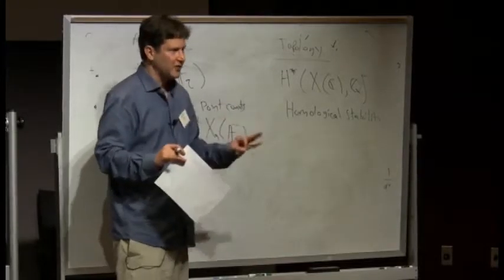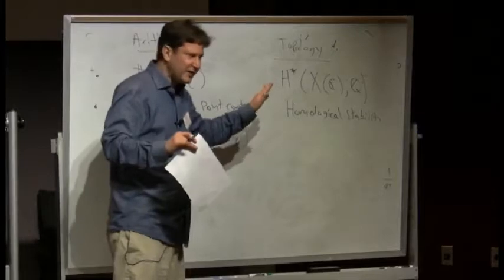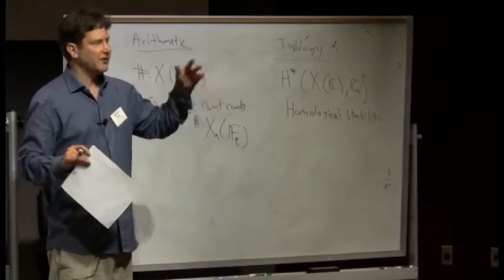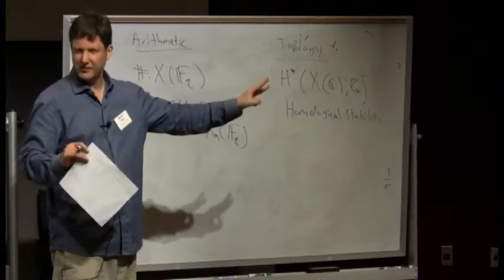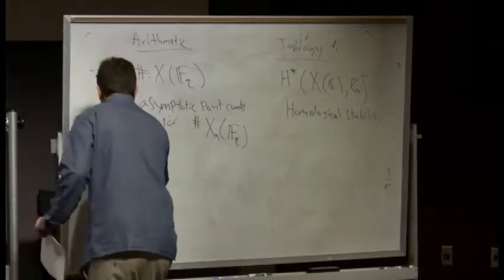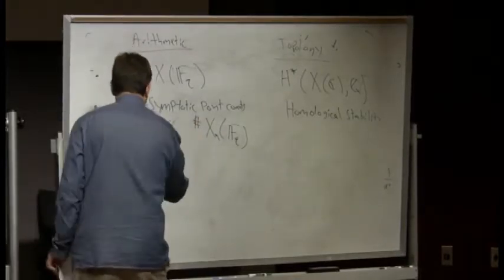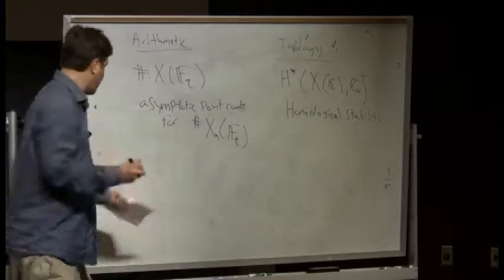This is a very, very new idea in this dictionary. It's implicit in other people's work, but you can read Venkatesh's ICM talk from 4 years ago. It's Westerland, Venkatesh, and Ellenberg. But now I think there's a new entry, which is asymptotic point counts. It just tells you how many polynomials there are. How about all these weighted,